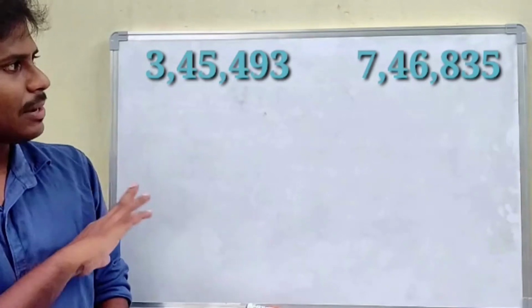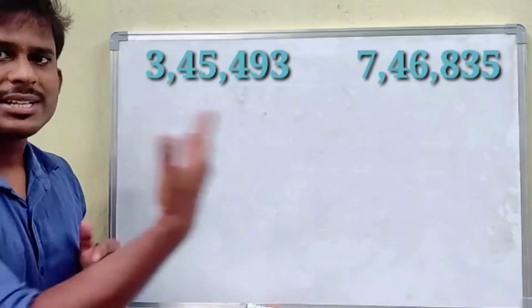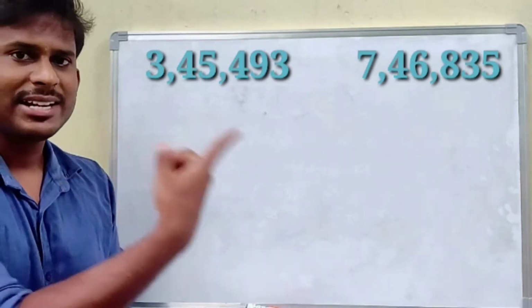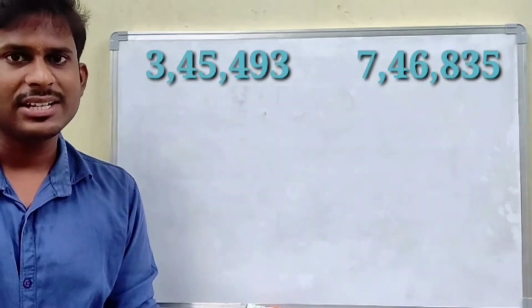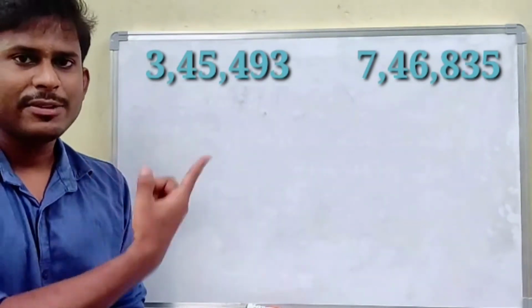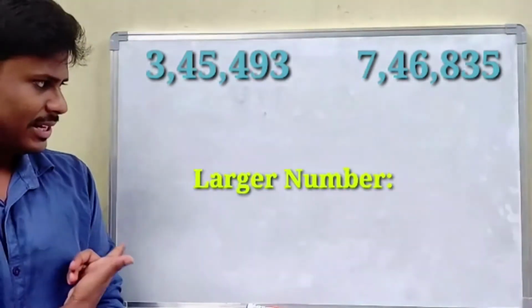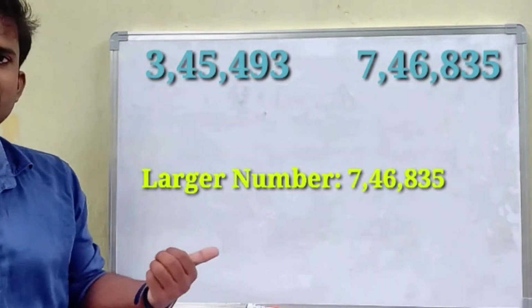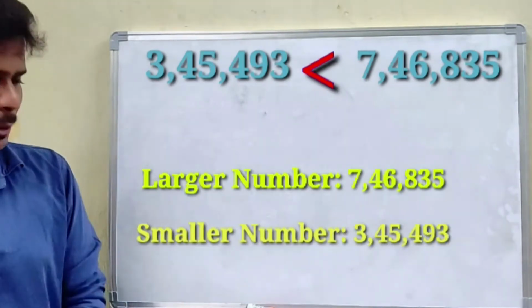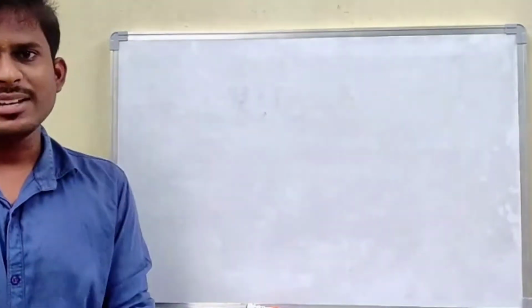In the 1 lakh place, compare the numbers once. Which number is greater? This side or that side? Left hand side or right hand side? Very good. The right hand side has the greater digit in the 1 lakh place. Here we have 3 in the 1 lakh place, and there we have 7 in the 1 lakh place. So what is the greater number of these two? The greater number is here, and the smaller number is here. So if we compare the greater number and smaller number like this, shall we look at another example?